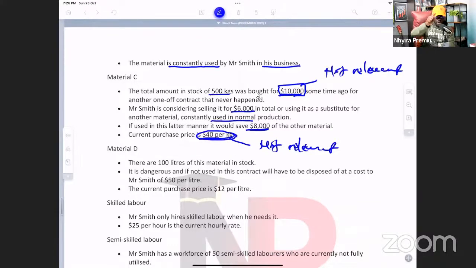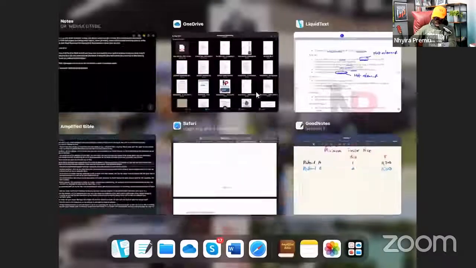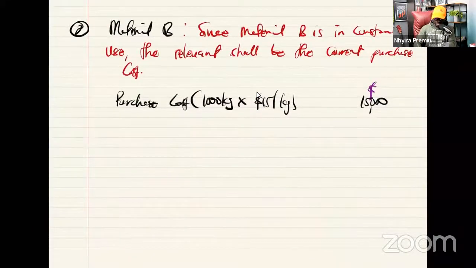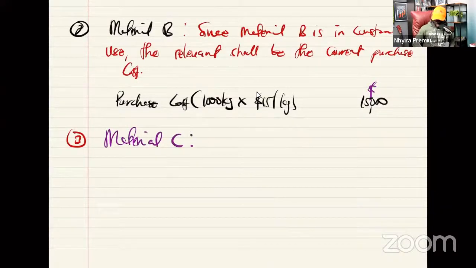If you are the production manager, you are Mr. Smith, which option will you go for? Do you sell for 6,000 or you save yourself 8,000? Certainly, saving yourself 8,000 will be the best alternative. Are you getting the idea? Because you better save yourself 8,000 than to get 6,000. So with this one, the relevant cost